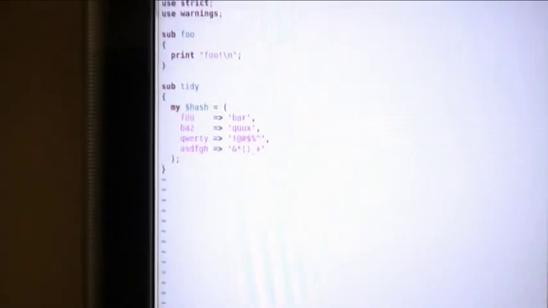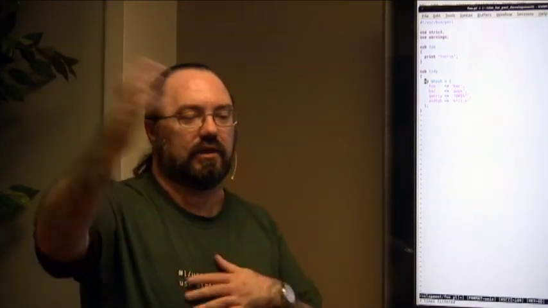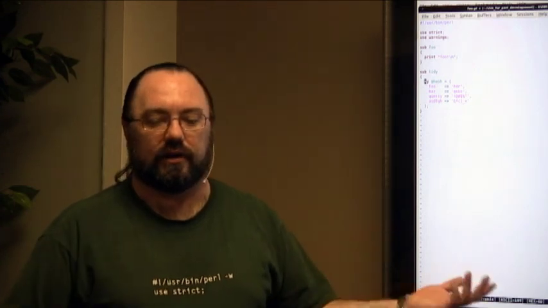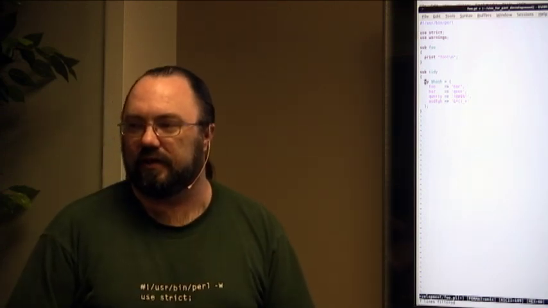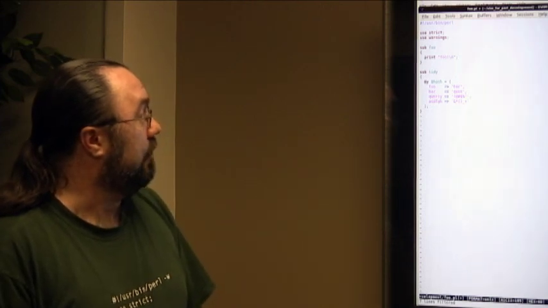Get it nice and clean before you check it in, rather than after you check it in and then have to check in a white space change with everything changed, especially when you do it to a whole file. Then when you're trying to do a diff on a file, everything's different. So if you do it this way, I think it's a lot better. So anyway,